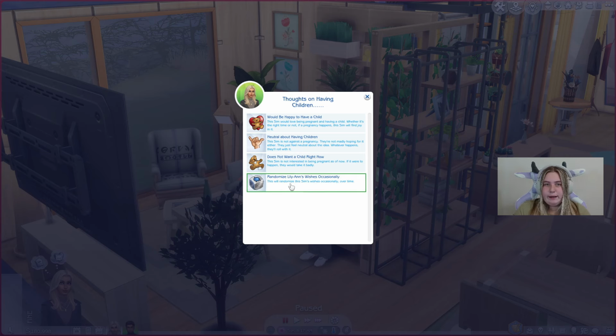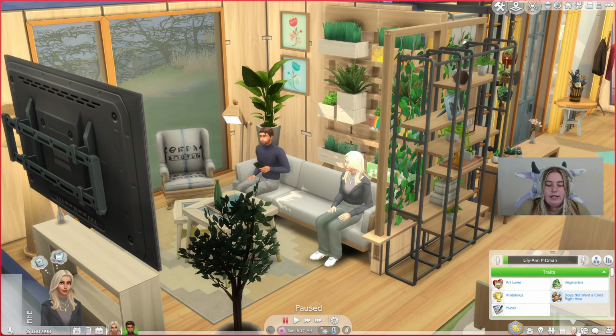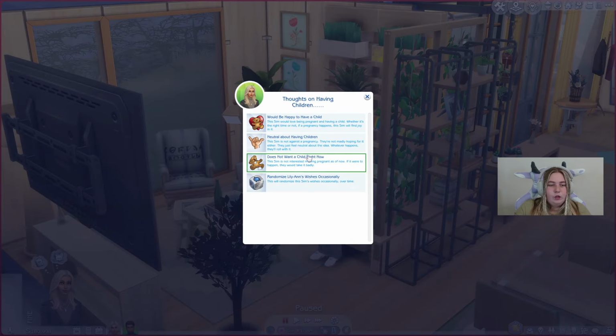But we can also randomize Lillian's wishes as well. I do want to see what it says about the randomizing. Like, what does she get? Is it the same or is it different? It's still the same. Never mind. We're just going to click would be happy to have a child, because if you click would be, or I'm pretty sure neutral